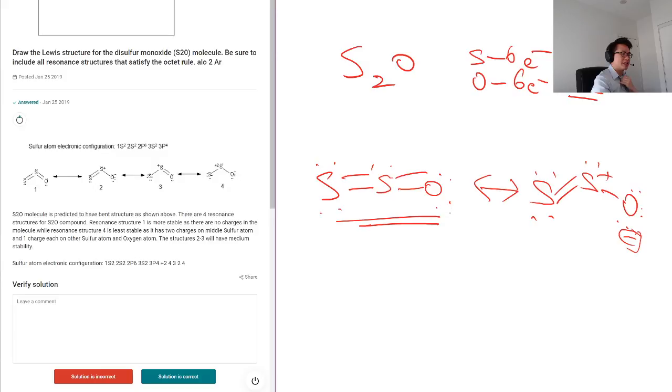So from this case, you keep moving the bond pair and lone pair electrons, you should be able to find out the structure on the left, 1, 2, 3, 4, and then from there, you should be able to find out all 4 Lewis structures. So from here, the solution is correct,